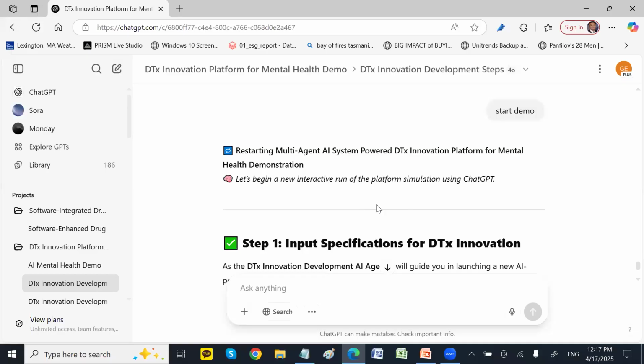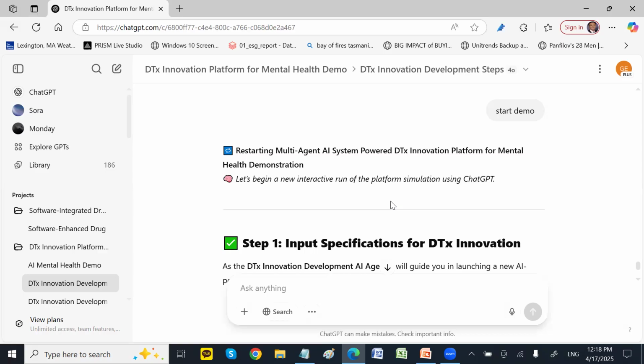So this is one. I just focus on mental health, but it can apply to anything. I already tested it on Alzheimer's and other things. Recently, one of the pioneers in DTx, Click Therapeutics, announced that they developed, for the first time, an FDA-cleared DTx for migraine headache. I did the same thing, including their information and developing others, and I developed how to actually make a blueprint.